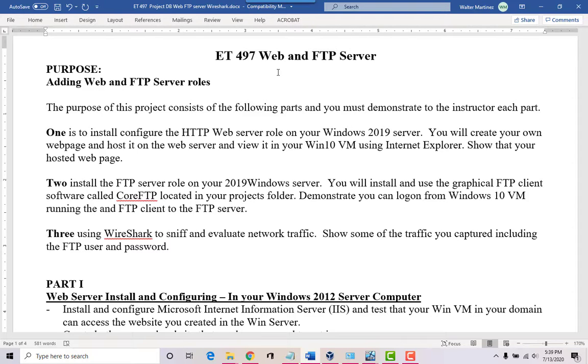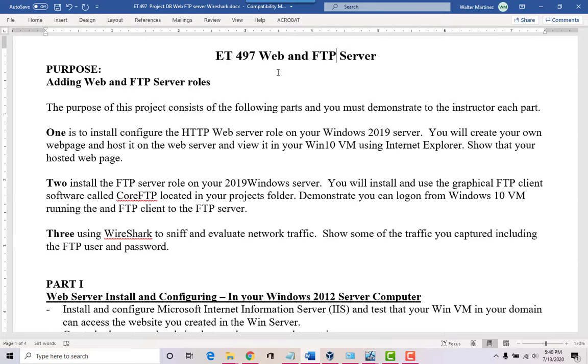FTP servers are file transfer protocol servers. FTP allows you to basically share large files across the network with people all over the world. It's mostly unsecure, so whatever you share through FTP, make sure that it's not things that need to be secure. There are other protocols like SFTP, which is secure FTP. There's another one called WebDAV. There's a whole bunch of protocols, but the Microsoft server includes these roles that you can activate.